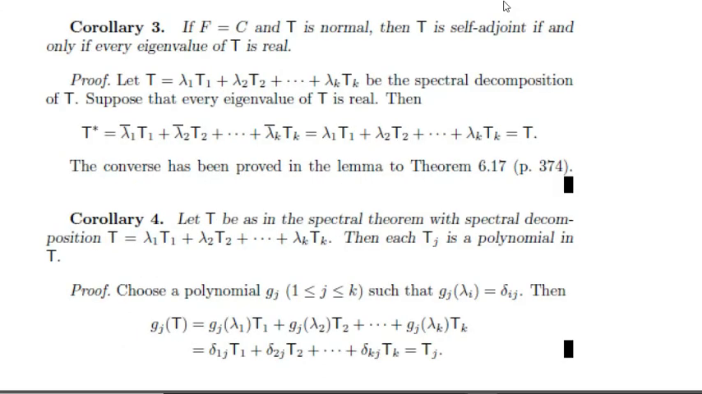Third corollary: if F is equal to C and T is normal, then T is self-adjoint if and only if every eigenvalue of T is real. Last corollary,